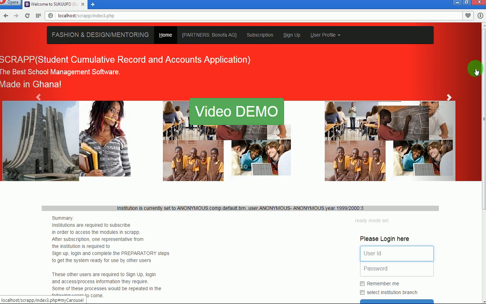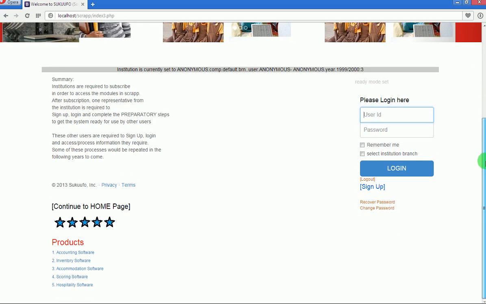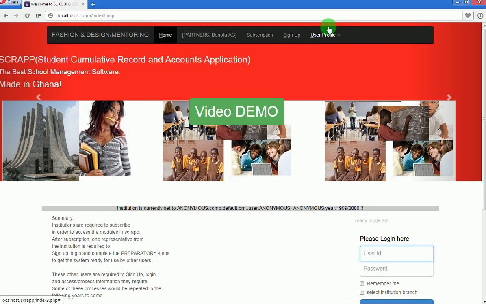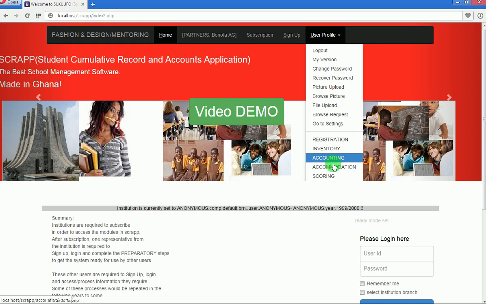Right, now how do you access the scoring module in Scrap? You can simply click on it down here as part of the product, or you can click on user profile and look for it here, scoring. Alright,